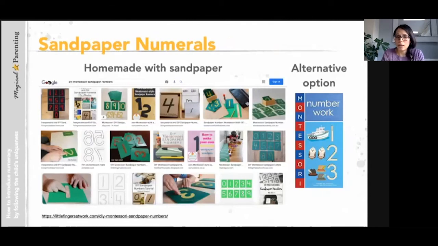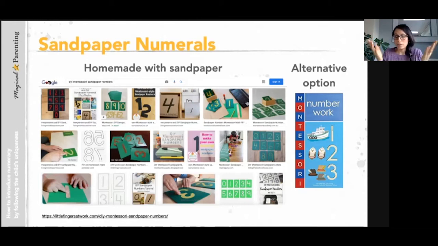Other kinds of options: you can buy them on the internet, but you can as well make them yourself. There are lots of websites where you can do that. For instance, here, what you can do is buy sandpaper with a very fine grain, so it's good for the feeling, the touching. Then you can download these kinds of templates. There are lots of websites where they explain how to do it. I put here a link to one of them where you can print it, cut the numbers and glue them to a bit of thicker paper,